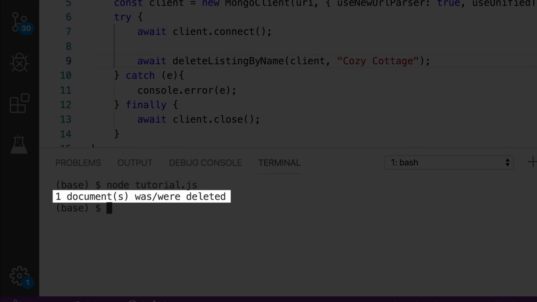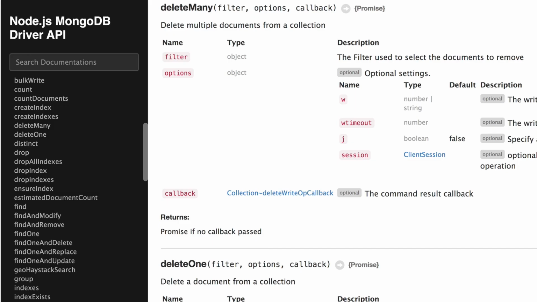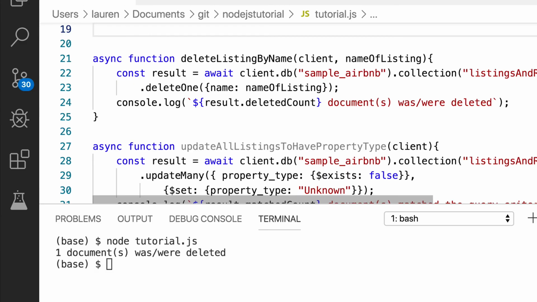We're in good shape. Now sometimes you're going to want to delete more than one document at a time. In that case, you can use collection's deleteMany. So like deleteOne, deleteMany requires that you pass a filter of type object. Let's say we want to remove documents that have not been updated recently. To do that, we can call deleteMany with a filter that searches for documents that were scraped prior to a particular date. So let's return back to our code editor, and we'll write a new asynchronous function